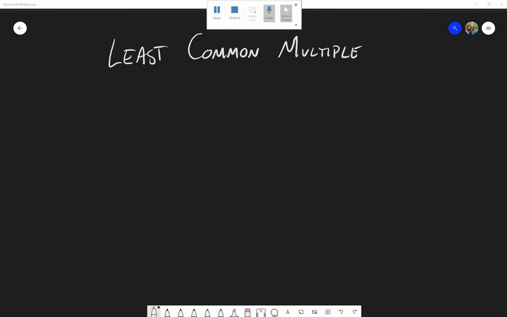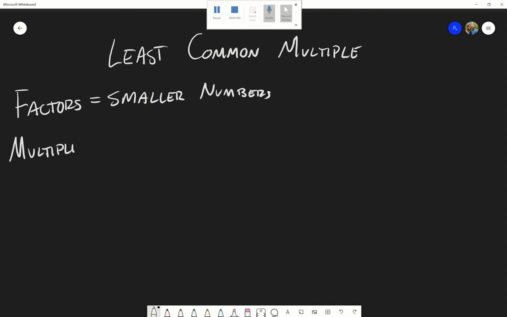All right. Least common multiple. Last time we talked about greatest common factor. And so here's a little helpful hint. Factors are the smaller numbers. And today we're going to be dealing with multiples, which are the larger numbers. More specifically, a multiple is the